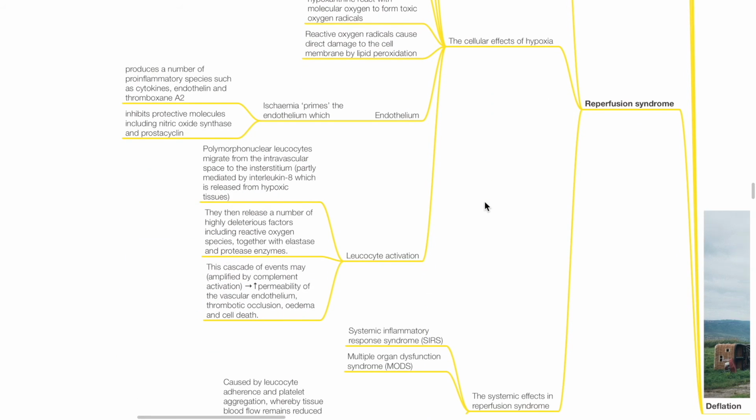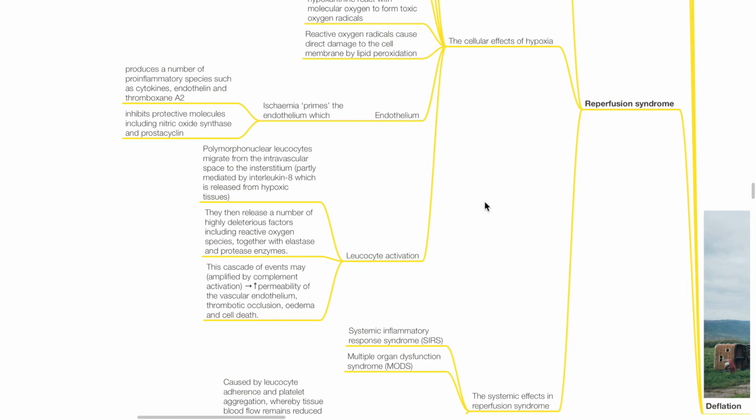There is leukocyte activation. Polymorphonuclear leukocytes migrate from the intravascular space to the interstitium, and this is partly mediated by IL-8, which is released from hypoxic tissues. They then release a number of highly deleterious factors including reactive oxygen species, together with elastase and protease enzymes. This cascade of events, which is also amplified by complement activation, results in increased permeability of vascular endothelium, edema, thrombotic